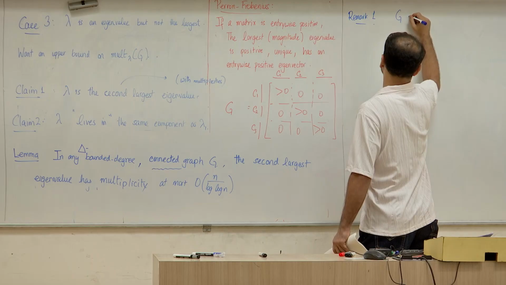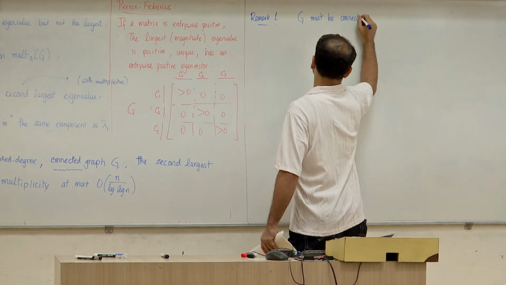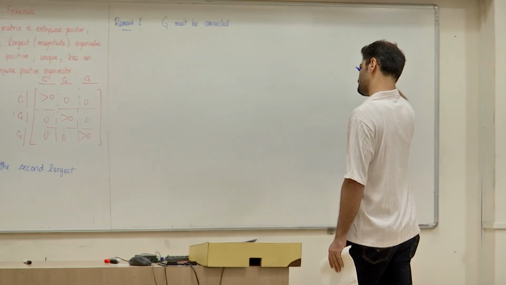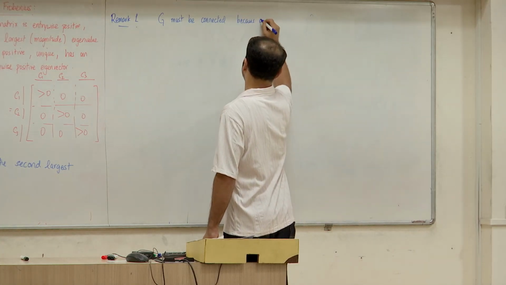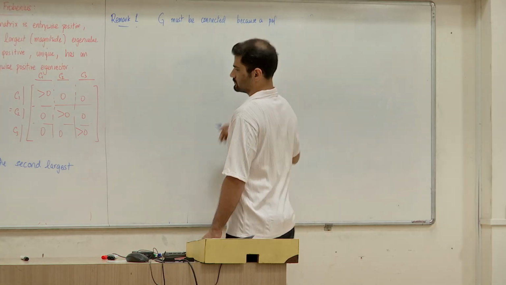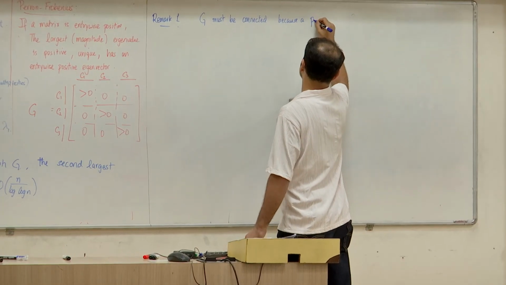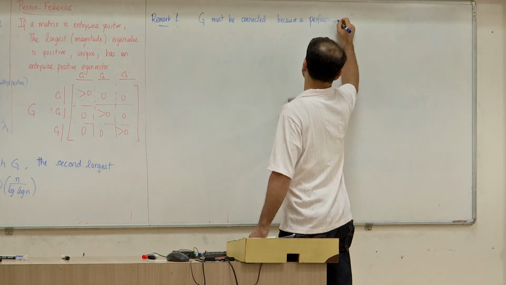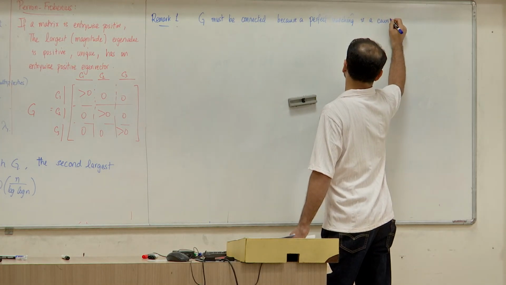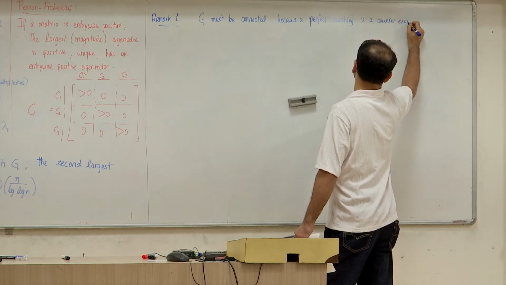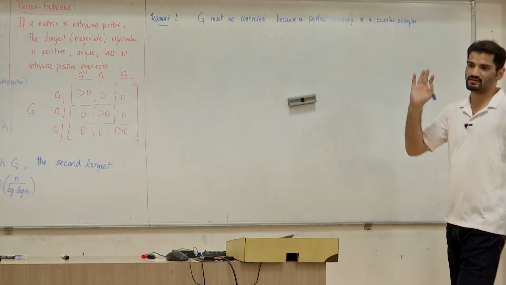Remark 1: G must be connected. G must be connected because a perfect matching, or even just the empty graph, would be a counterexample, but let's say a perfect matching is a counterexample. A perfect matching is just n over 2 edges that connect two different vertices, and